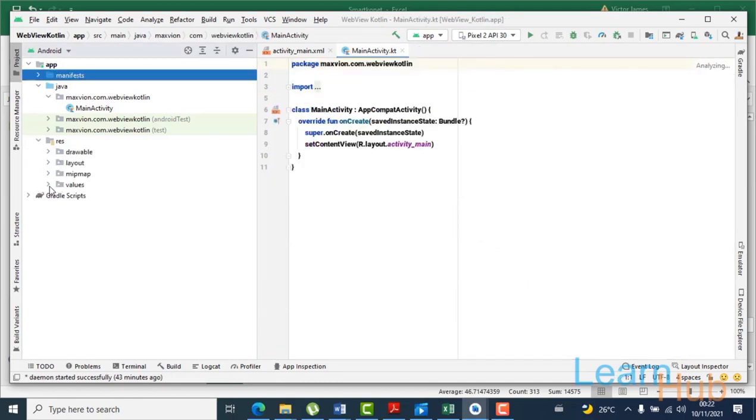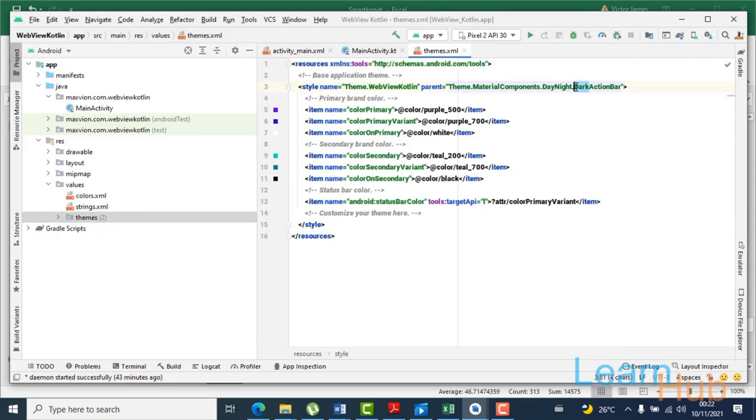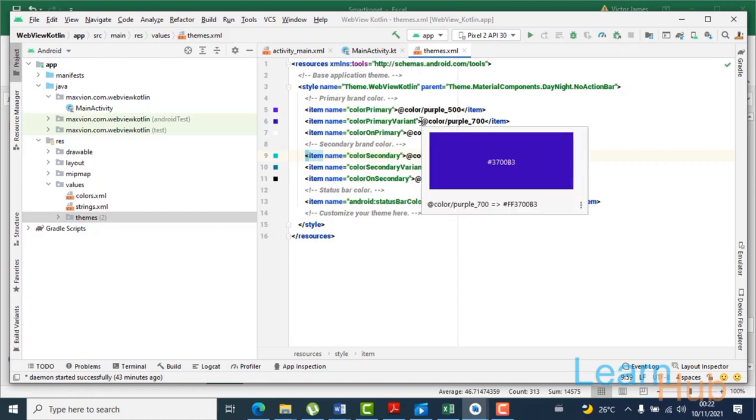We go to the resources folder, then go to values and go to the theme. Change DarkActionBar to NoActionBar. You can decide to change the primary color or you just leave it like that.